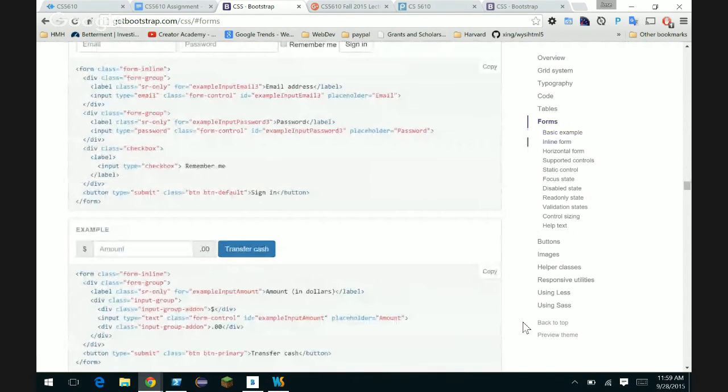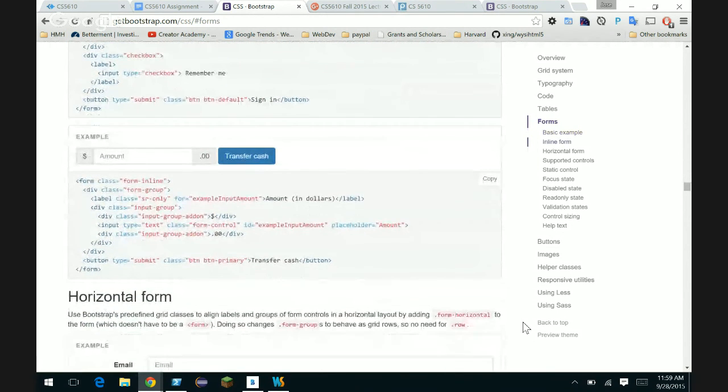What else? You can add add-ons to a field. So for instance, to this field, you can add some glyphicons on the left-hand side or the right-hand side, prepended or appended to either side, by using